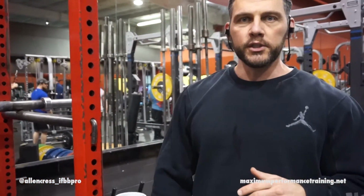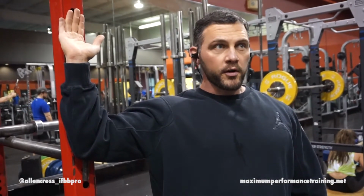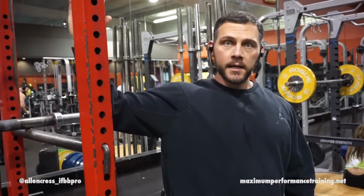So what I'm going to do initially is isometric drills. I'm going to set my scapula down, push into the power rack here, and push as hard as I can for roughly about 30 seconds or so, each direction. So I'm working on external rotation here, and then I'll put it against the rack